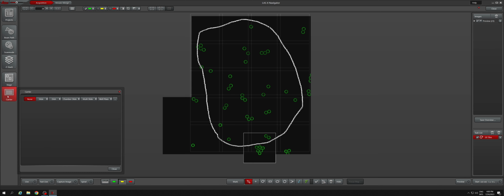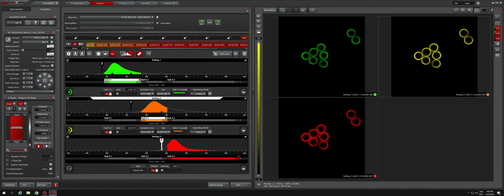And this final one, you can set it to different multi-well plates and stuff like that as the pre-programmed settings. And then to start, you would just click the start button down at the bottom. So now if we go back over to the main window, I can show you how to save the images